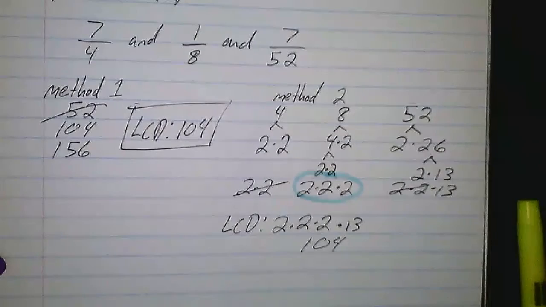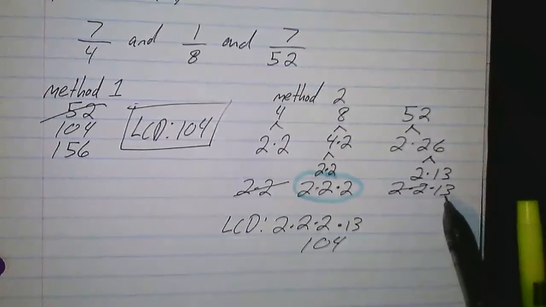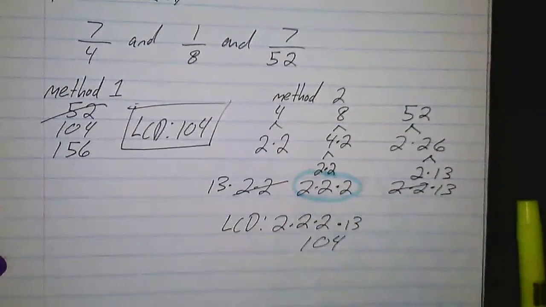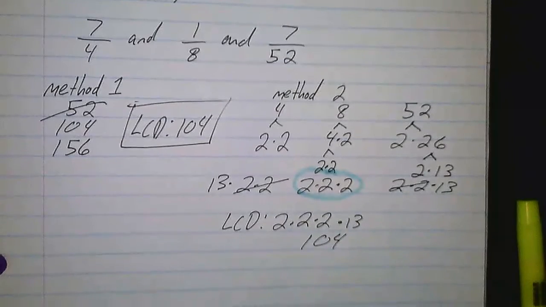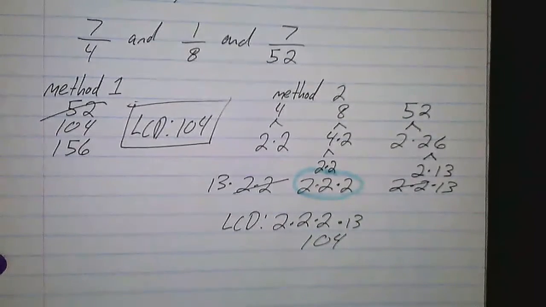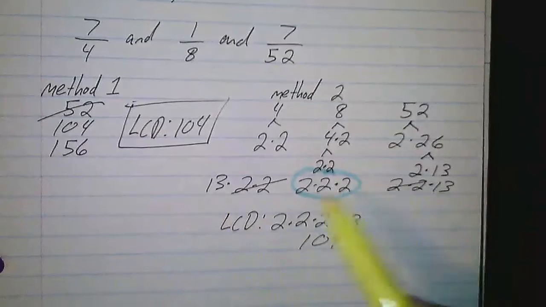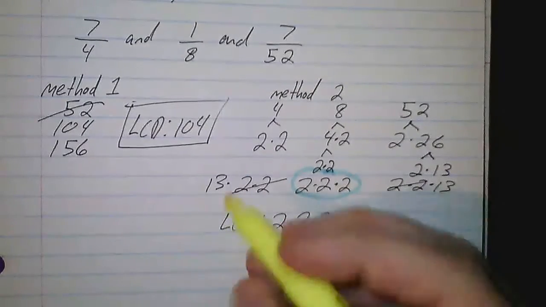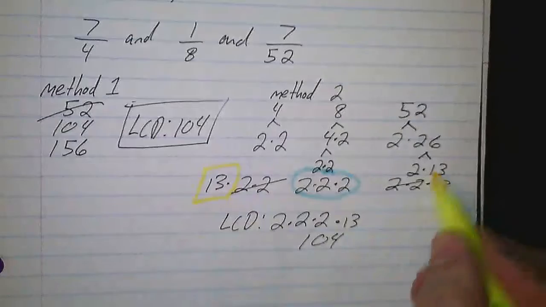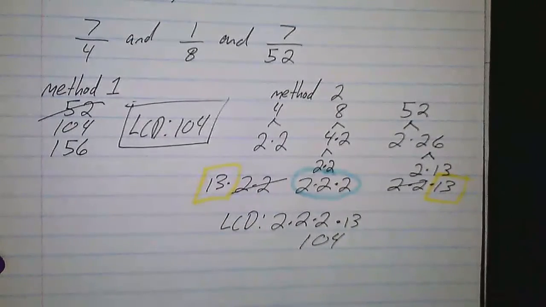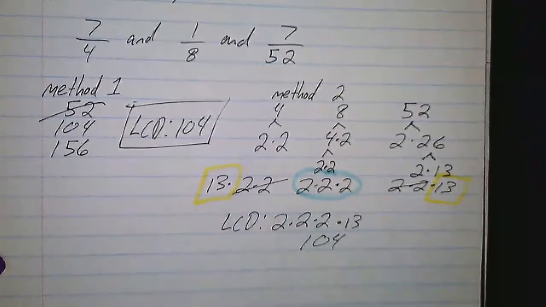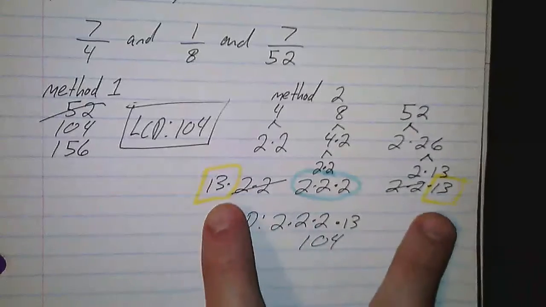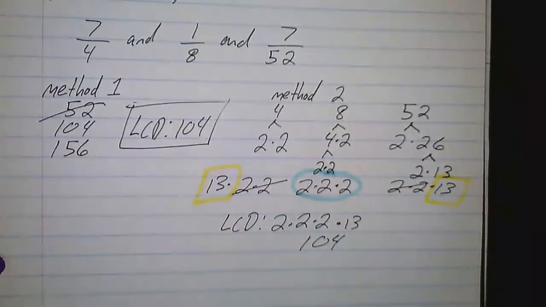So the question that comes up on these problems is, well, what if we also had a factor of 13 there? And then we have basically a tie of how many times we see the factor of 13. And if you have a tie, you only write it that many times. So if we had a tie of 13 occurring once in multiple factors, you would only write it once